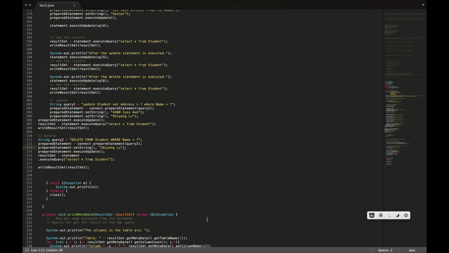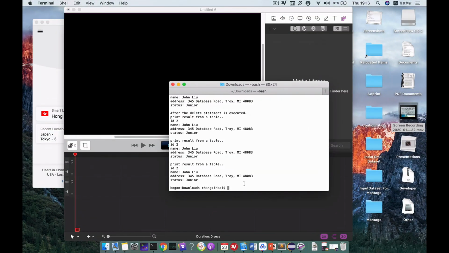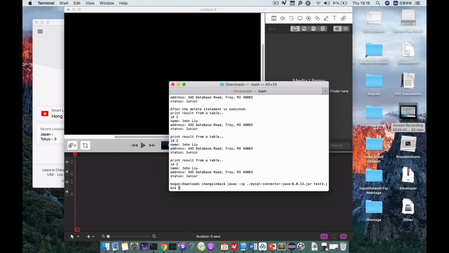So we can see the result, right? So I can open my terminal and we can run it. Okay, that's